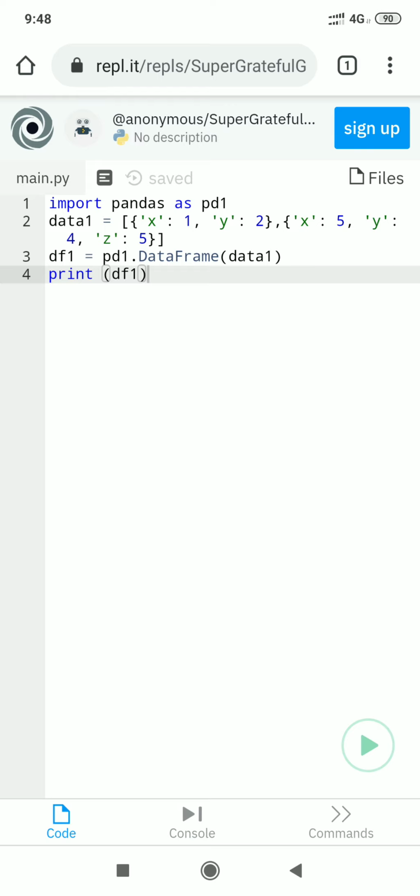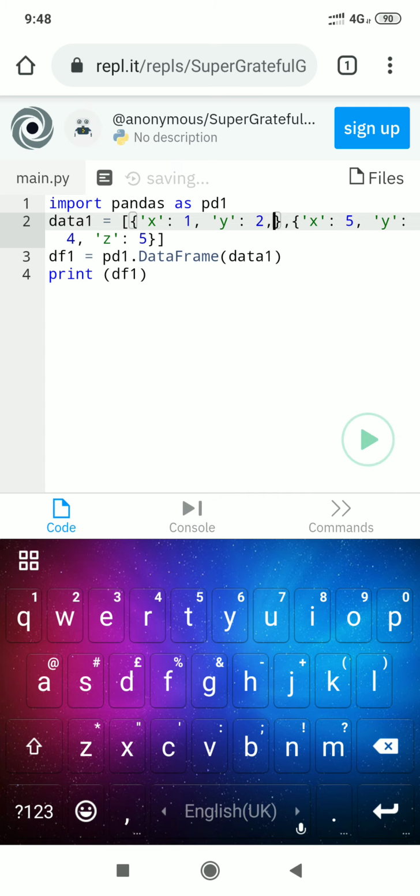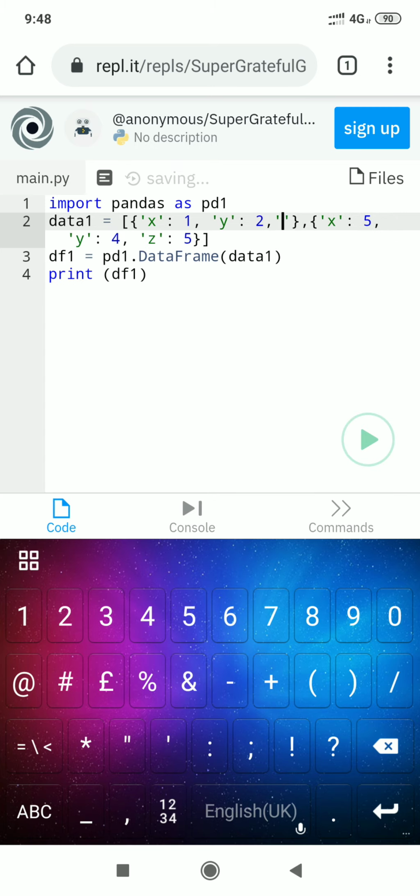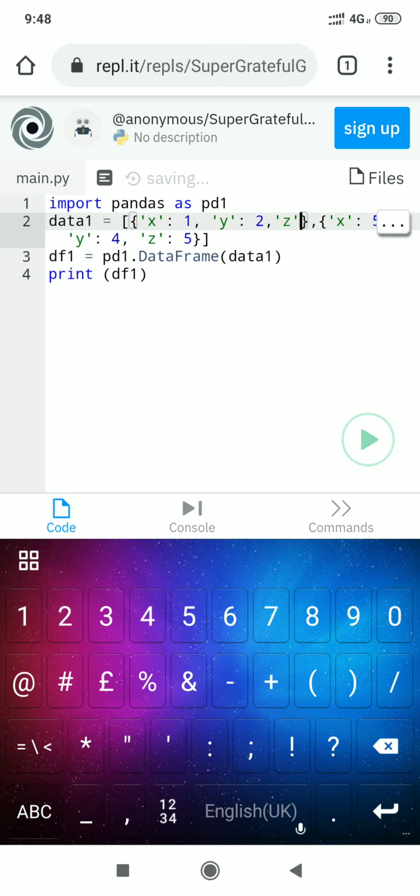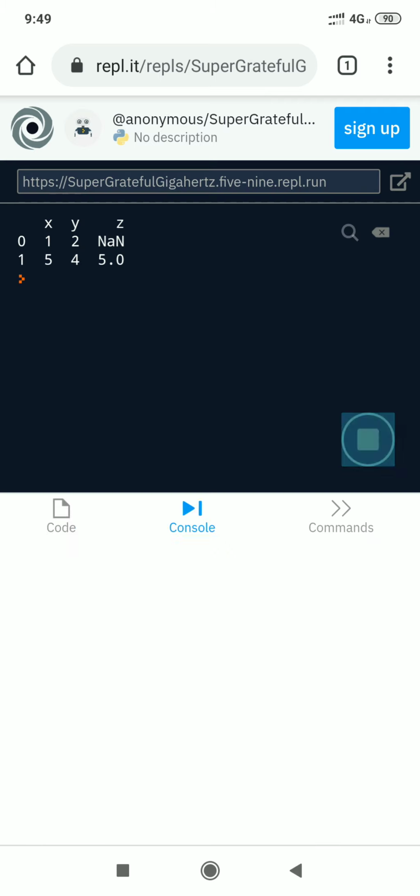Okay. Now students, I make one change. Here what is happening? In the first row there is no z. I create z here, and pass a value under the z column. I'm passing 7. Now I execute the program.